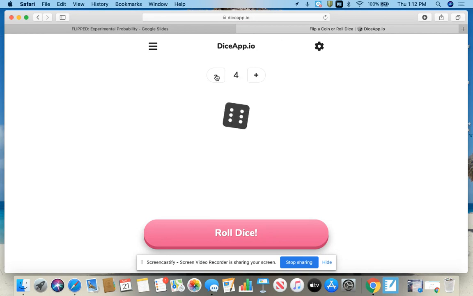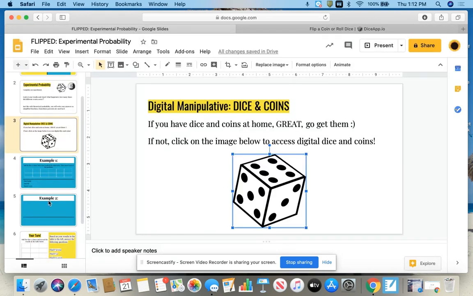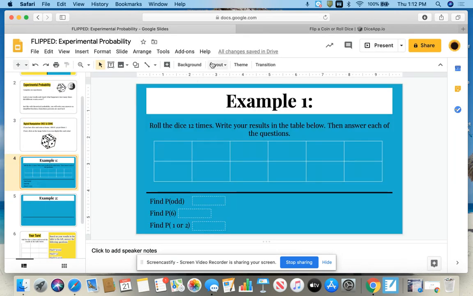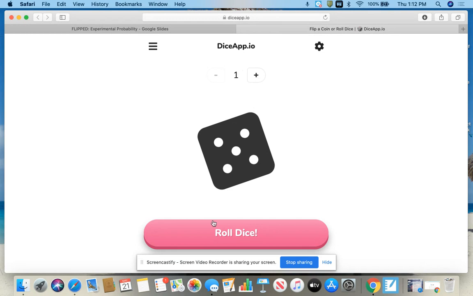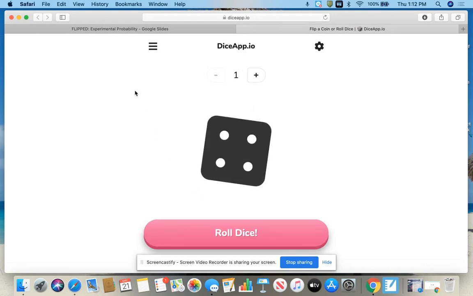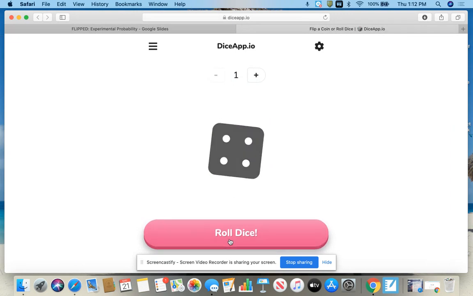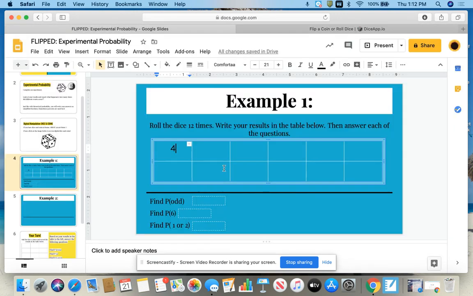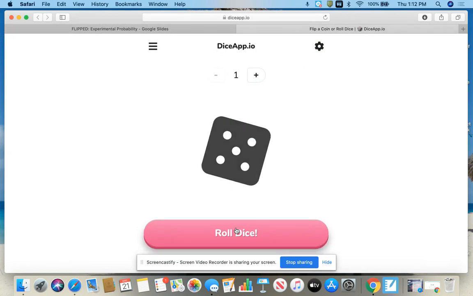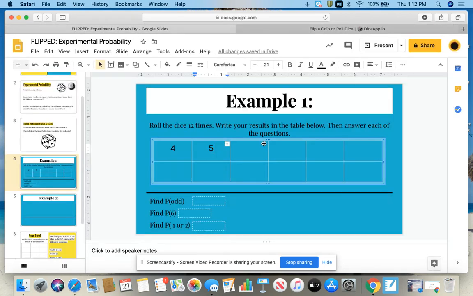So I'm going to change this so that it's only providing me with one die, and I'm going to roll it 12 times, recording my results. So we have a 4, 5, 6,